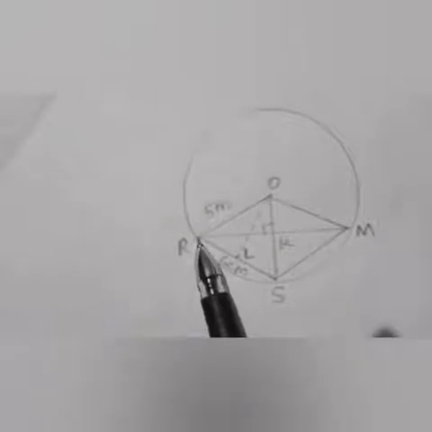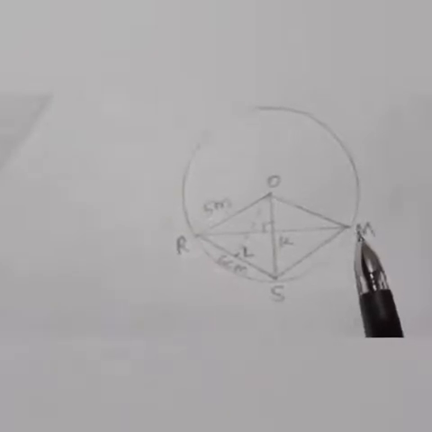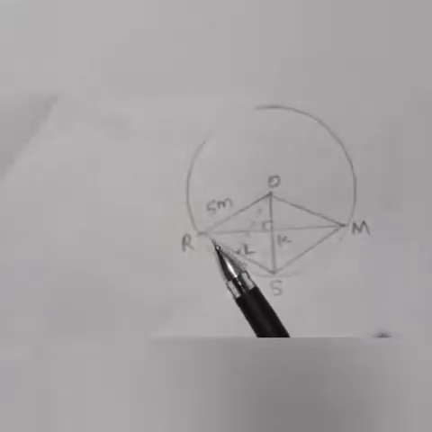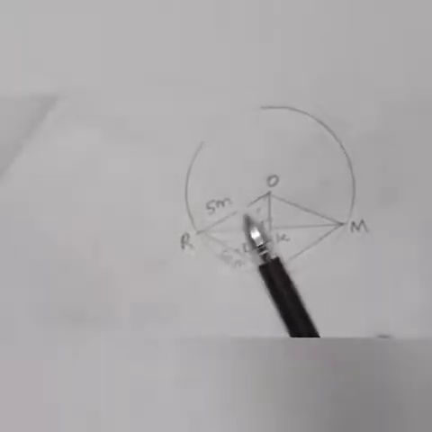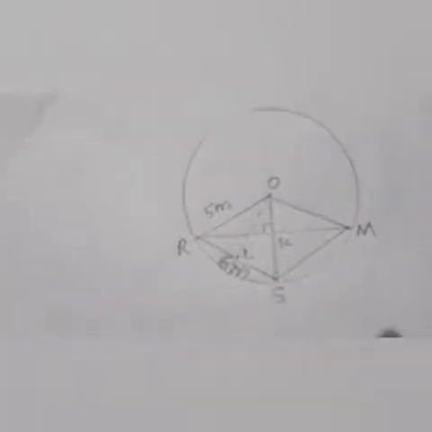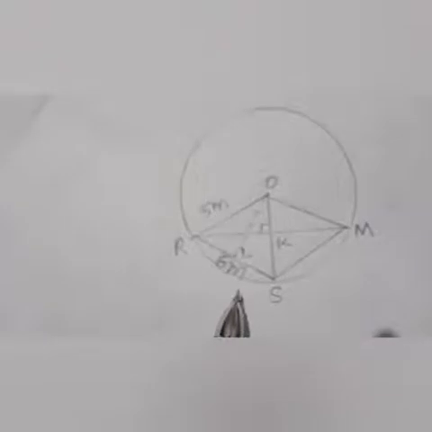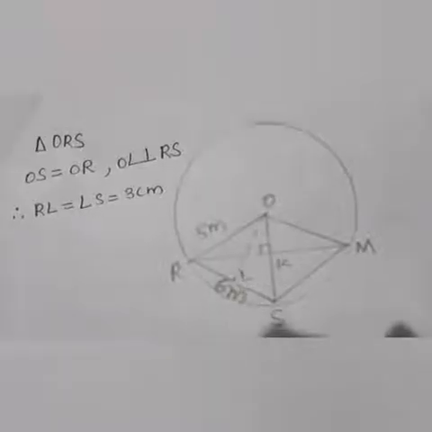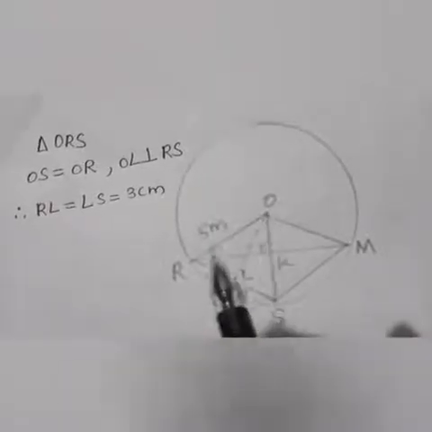So this is first position, second position and third position. Then this distance is 6 meter and this distance is 5 meter. Now O is the center and L is this point and K is this intersecting point. M, R, S are representing 3 children. Now consider triangle ORS.